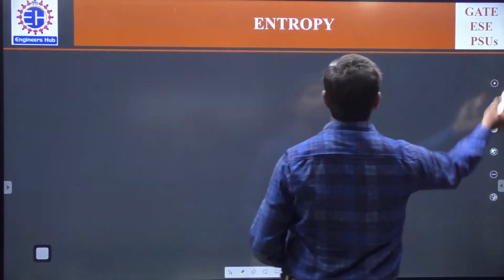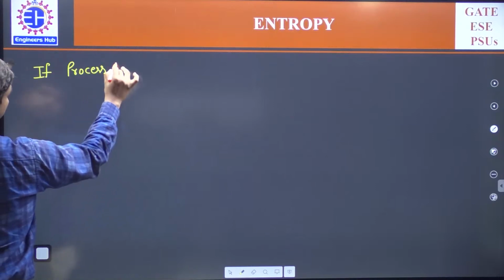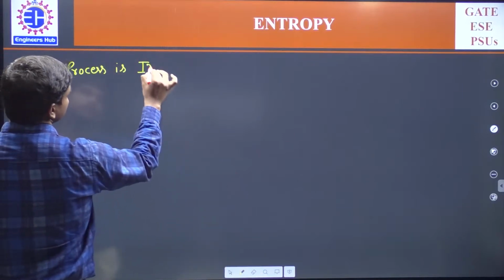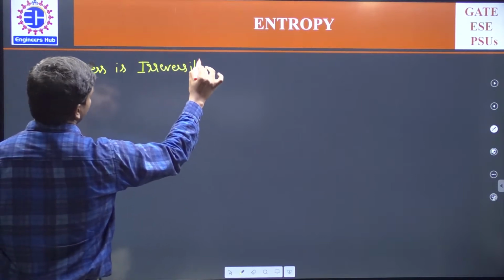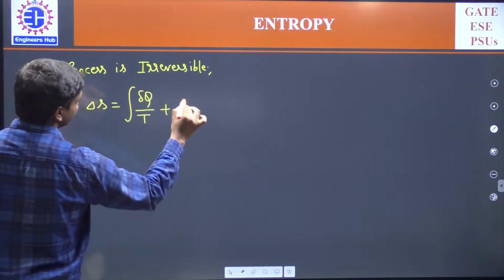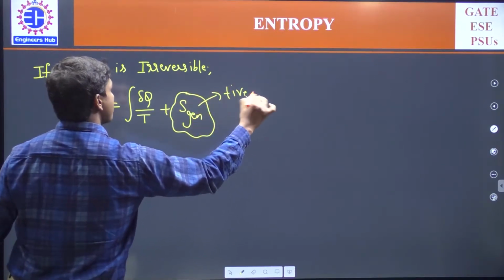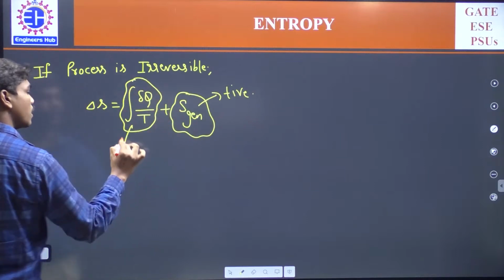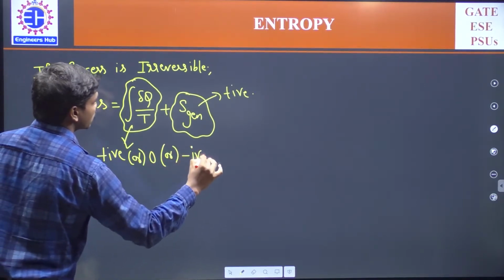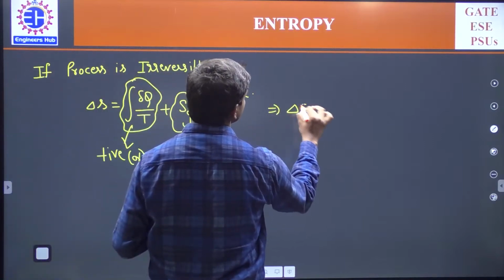If the process is irreversible, see what happens. We know delta S is equal to integral del Q by T plus S generation. And this term is always positive, of course. But what about this term? This can be positive, or 0 in case of adiabatic, or it can be negative. So depending upon the numerical values of the process being executed, this total delta S can be less than 0